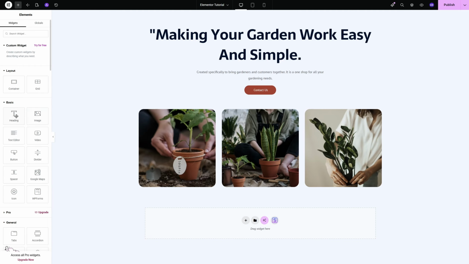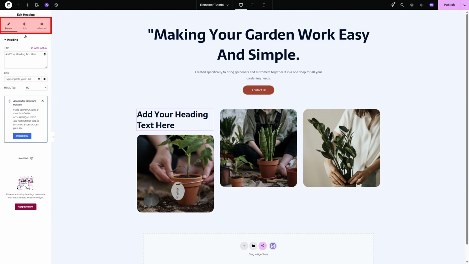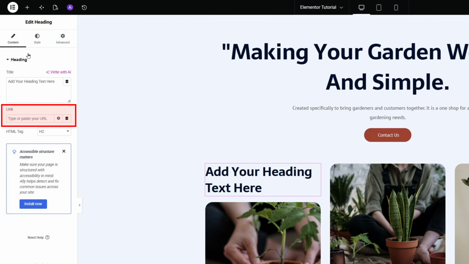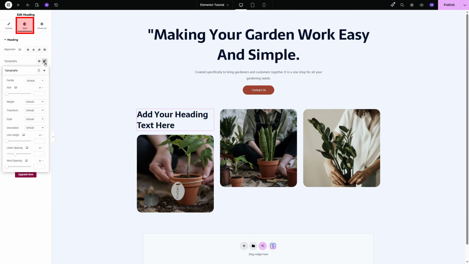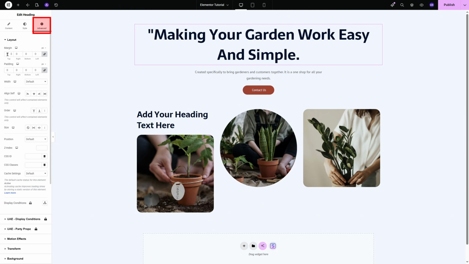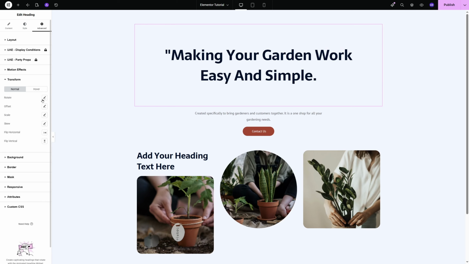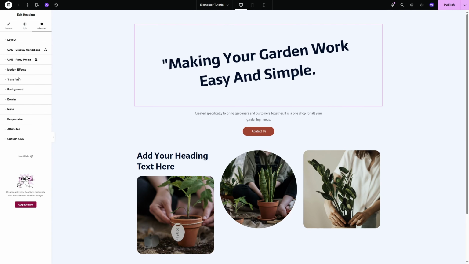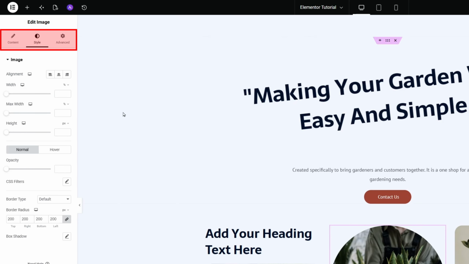When you drag and drop an element, this panel turns into its editor, always with 3 tabs: Content, Style, and Advanced. Content is where you edit the text, add the link, or select an image if you're using the image element. It's basically the actual content inside of the element. Style is to edit fonts, sizes, colors, backgrounds, and borders, for example. Advanced is to add margins, paddings, motion effects like animations, and custom transforms like rotate, for example. Each element can also have its own specific options, but it will always be under these 3 tabs: Content, Style,